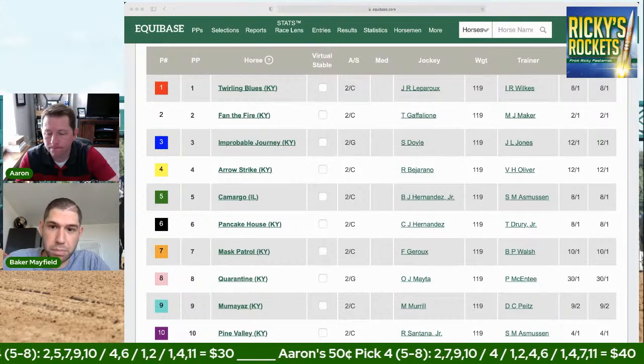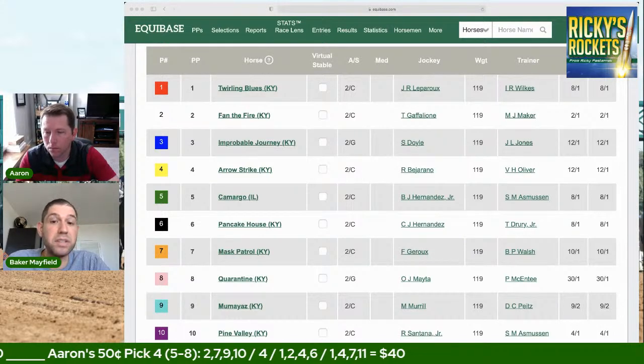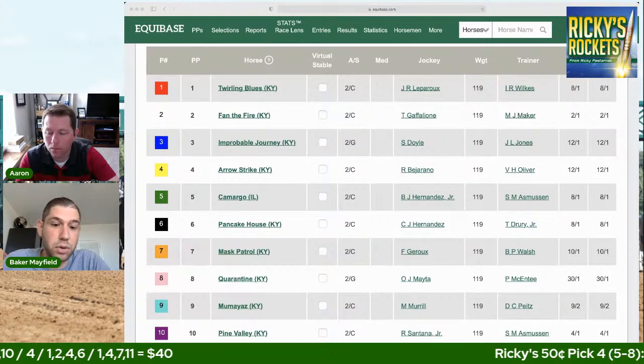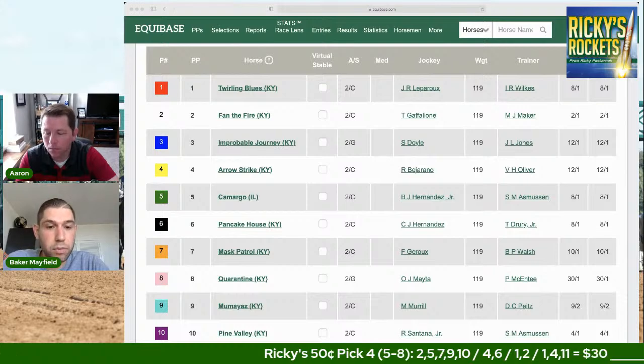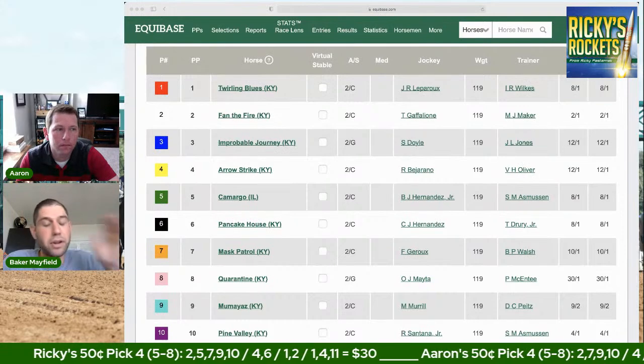Or at least I hope not, because he has been absolutely dreadful. Now, it's not him. I'm sure the training methods haven't changed, but I should say his horses have been dreadful. They just haven't looked the way they did at Saratoga over the summer. I think it's going to turn around, and if we can get an Asmussen, Ricardo Santana, Brian Hernandez here, but